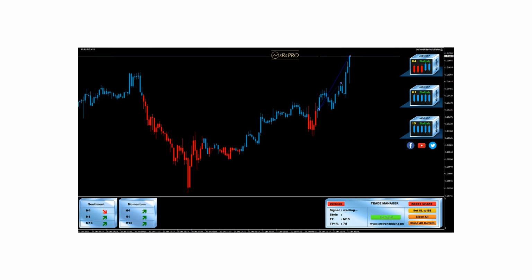Will that be a guarantee that we will have a winner? The answer is no. Trading and guarantee, two words that cannot be placed in the same sentence. Very important thing to understand. Trading is a business of probabilities, where your chances are higher. So this is the first tip I wanted to give you.